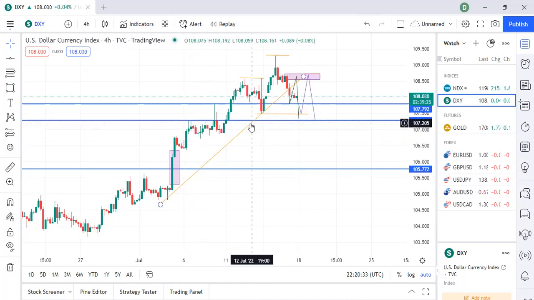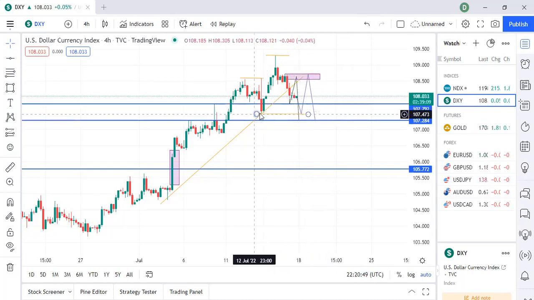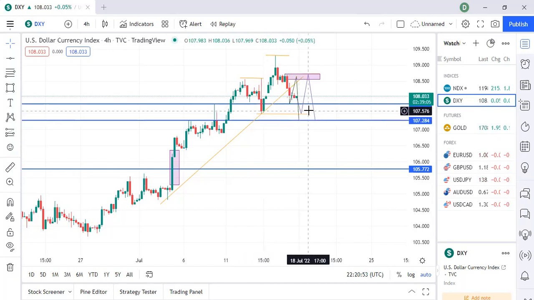So what is going to happen is price will either pull back into this zone and then we will see a push down. That is the first scenario. From this area, on this first line, price might push down to this area of liquidity, to create extra liquidity, which we know as the double bottom at that area, and then move up into this area over here before price pushes down.